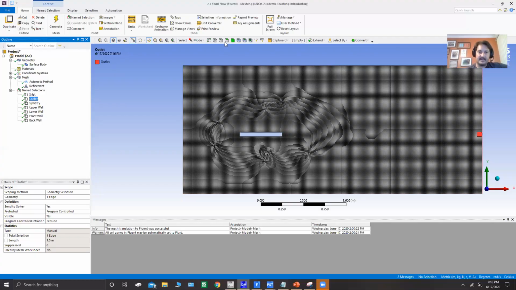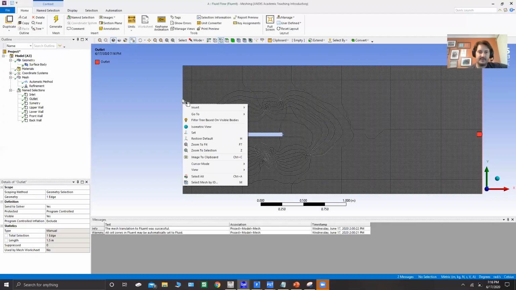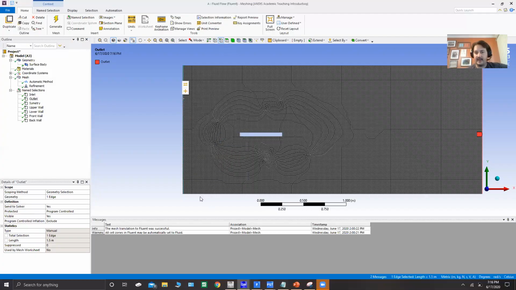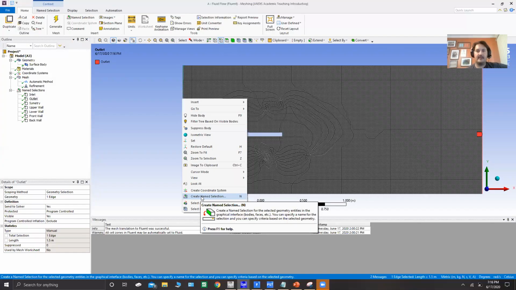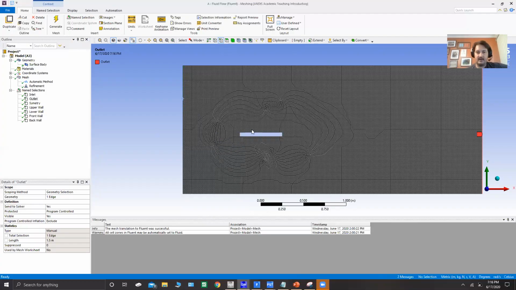So if you want to name those edges, you'd click on the edge box right here. Sorry, you would click on that edge and then right click on the edge, and then you can create a named selection. So that's how we create the named selection. So now we've got our mesh set up. We've got our plate here in the middle. Everything's happy. If we go back to our workbench here,